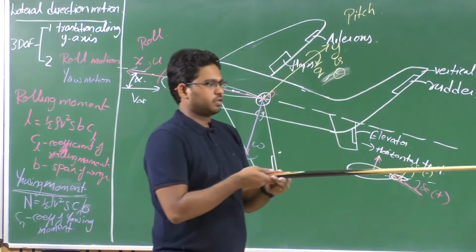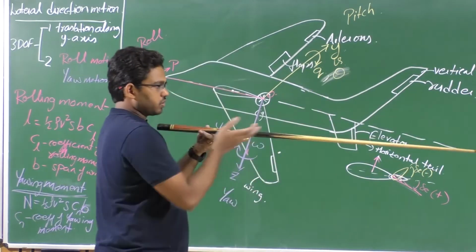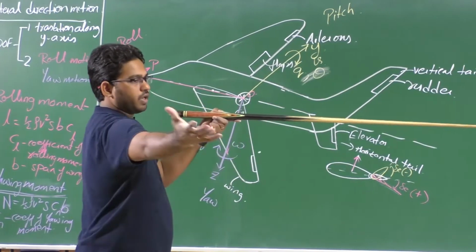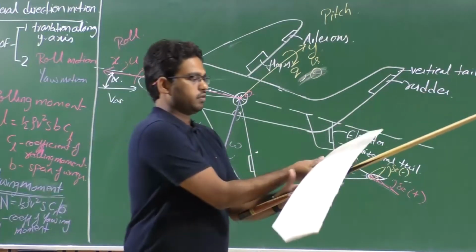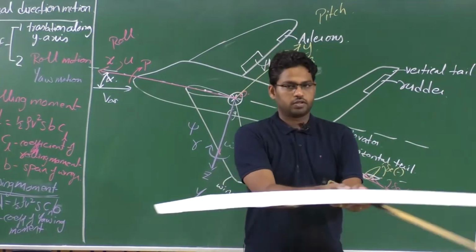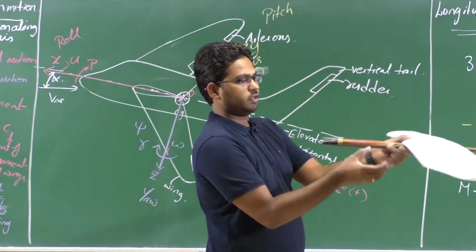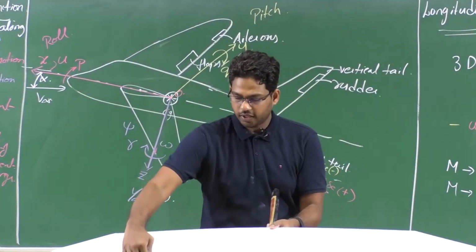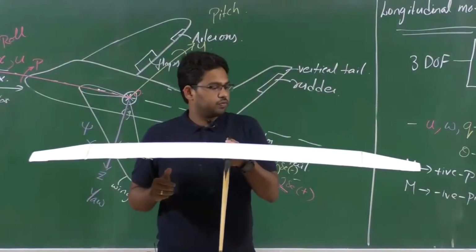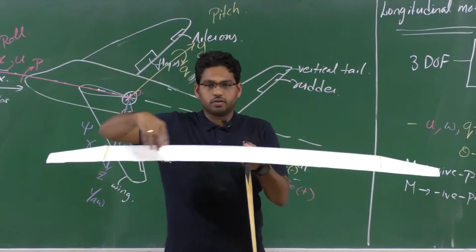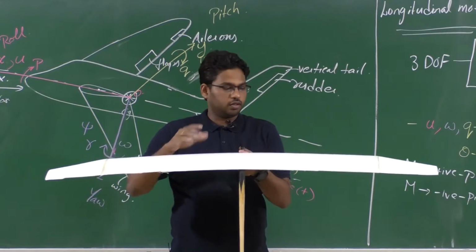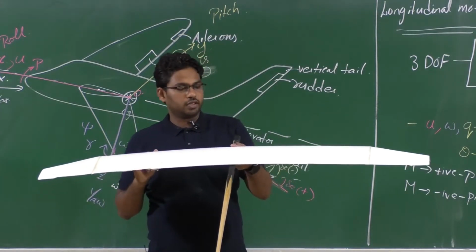Let us say this is my aircraft, that is the nose of the aircraft, and this is the tail. Say I have one wing here, and a wing here, right? So this is my nose, and these are my wings. So I have one control surface here, and there is another control surface here. So we have two ailerons located on the wings, one on the right and one on the left wing, or one on the port side and the other on the starboard side, right?